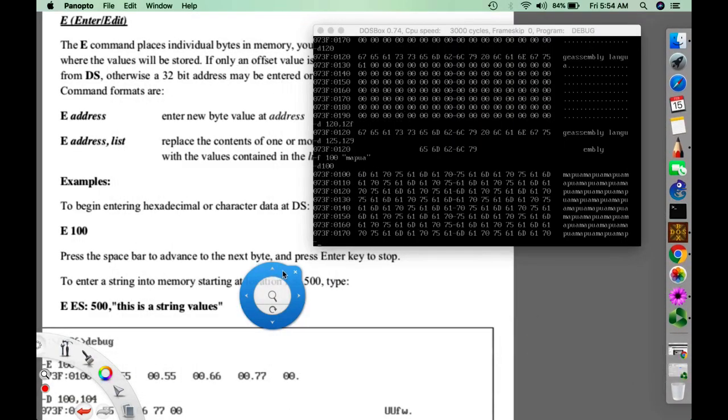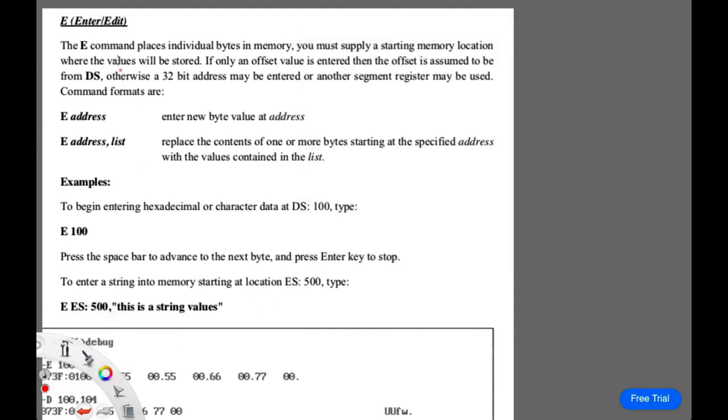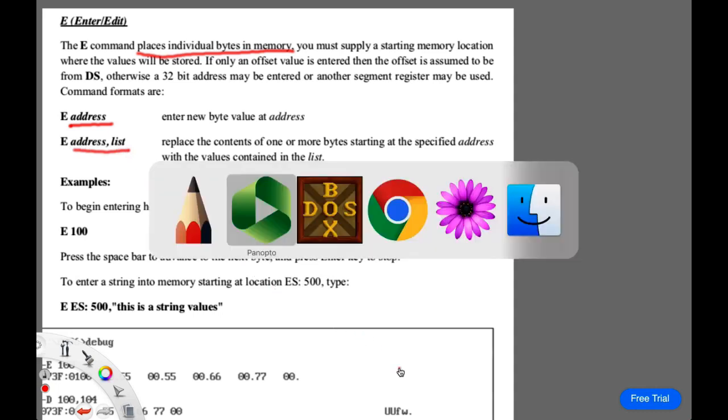Okay, so to continue with our activity, now we will proceed with the edit. For the edit, as you can see, it enables you to place individual bytes in the memory, so you can enter or edit the content. For the syntax, you may use either the address itself or an address with a list. So for an example, we have here,